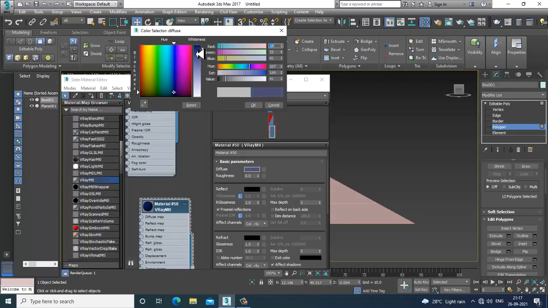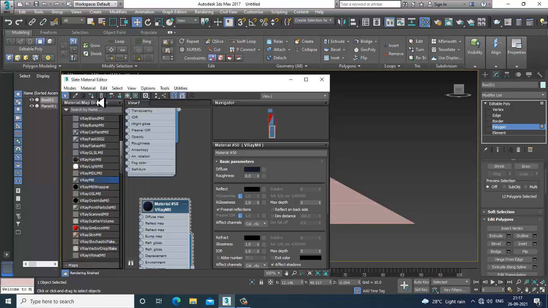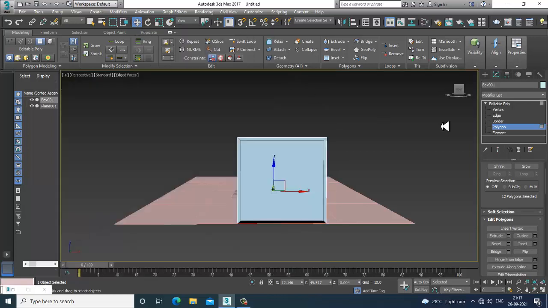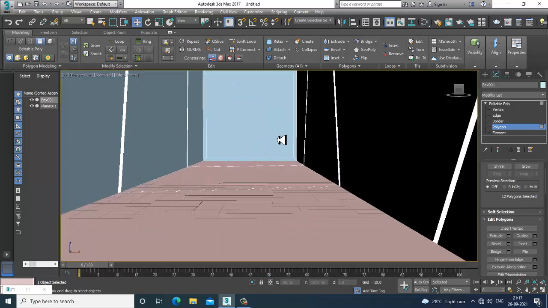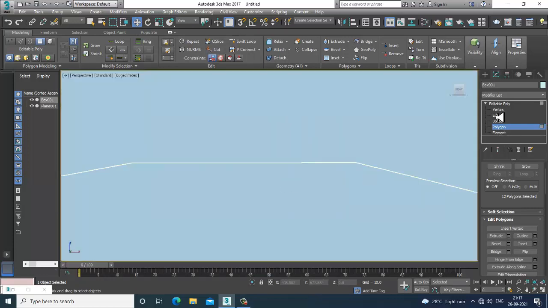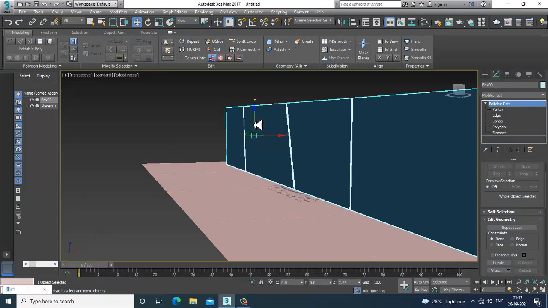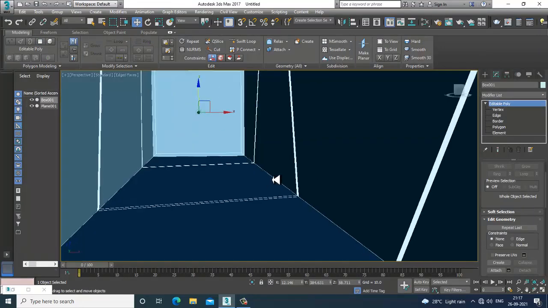If you want to get it a bit darker, and I'll give a bit of reflection to it. Okay, so slightly push it up so that it looks much better now.